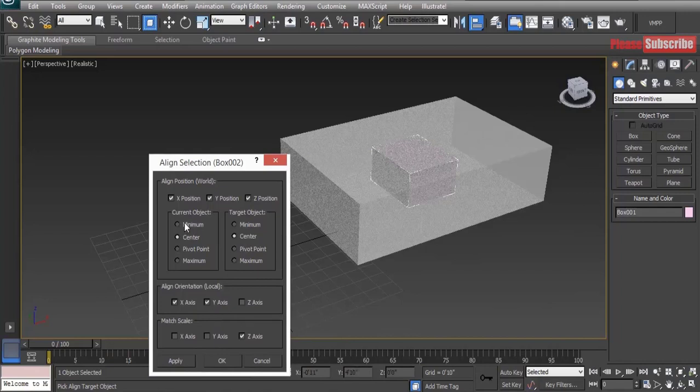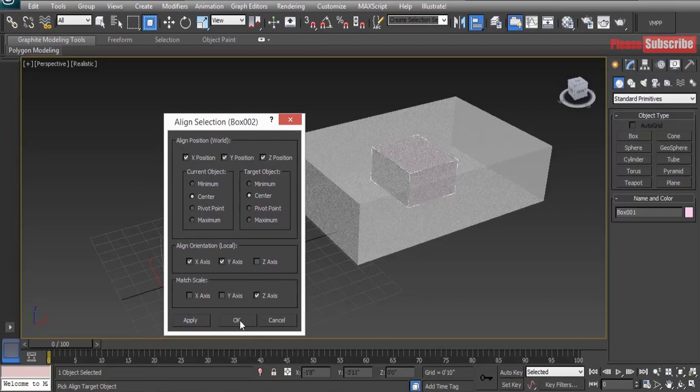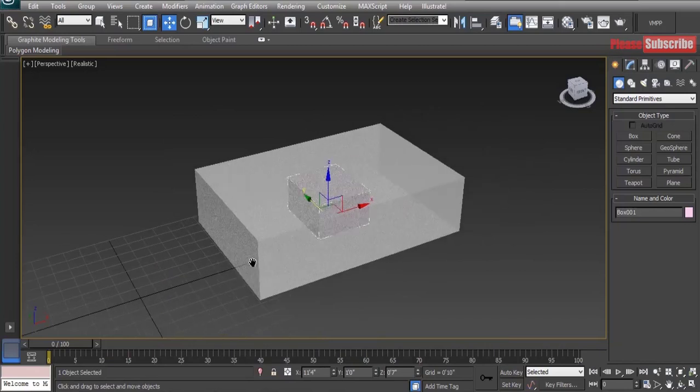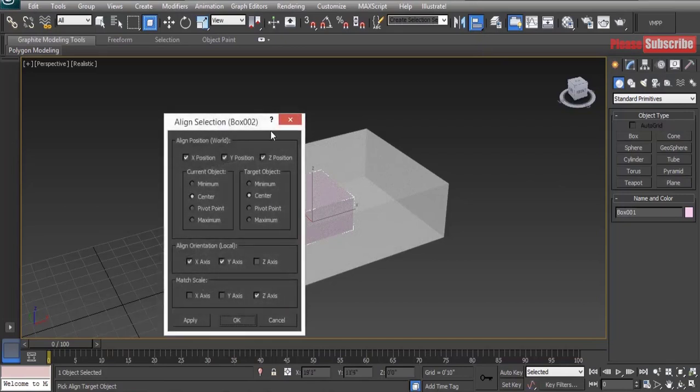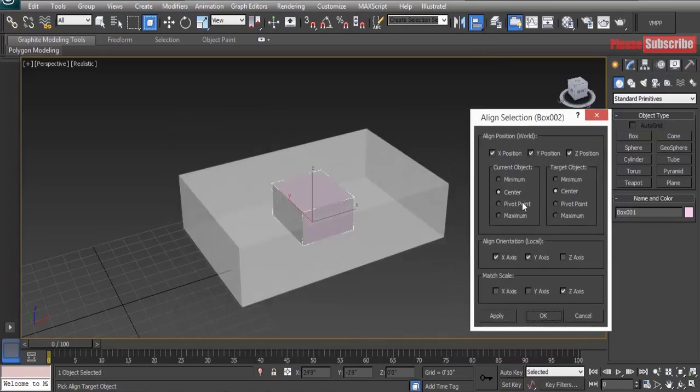Okay, we can select minimum, center, whatever. I'm going to show you later. First of all, hit OK if it is okay. Okay, done. Now again go to the align command and select this box, big box actually, and this is the